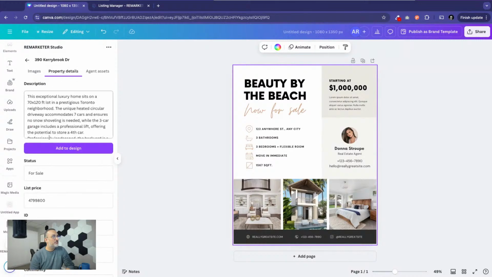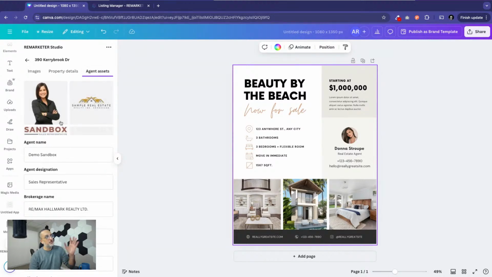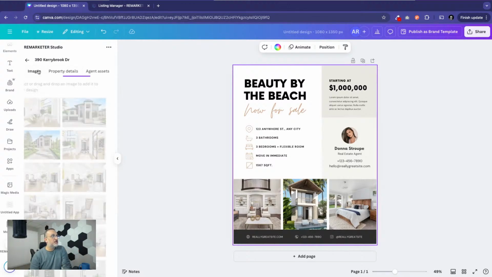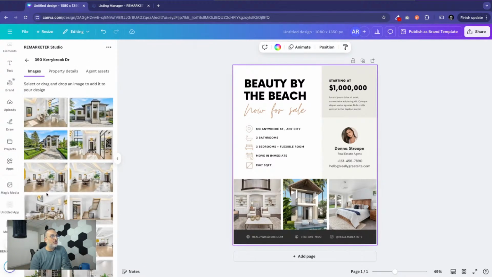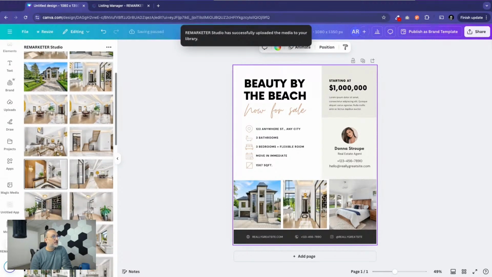We've got the property details, so this is all the information that you might need for the property if you want to use it in the design. And we've got agent assets. So this is your picture, your logos, your information. All of that information is available right here. Now, all I need to do is drag and drop. Just like that. I want to use these pictures, and I want to use this third picture right here. So drag and drop,